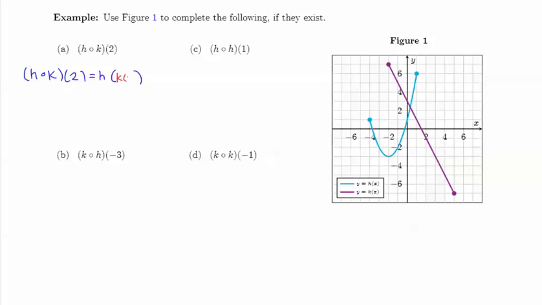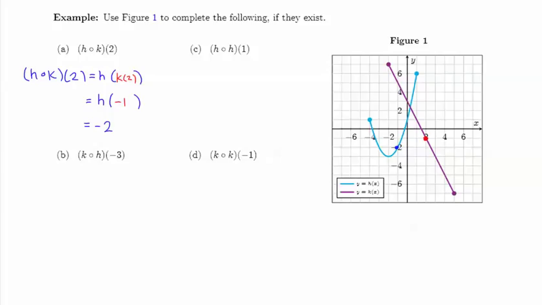So as we evaluate this, we'll need to find k of 2, and we'll do so looking at the graph. So k of 2 will be the output value of that function k when the input value is 2. So going over to our graph, if we look at where x is 2, we can see that the output for k is -1. So that means that h of k of 2 is then h of -1. And our last step is to simply evaluate h at -1. We'll again do that using the graph. So we'll go to where x is -1, and we'll see that on that graph the output is -2.